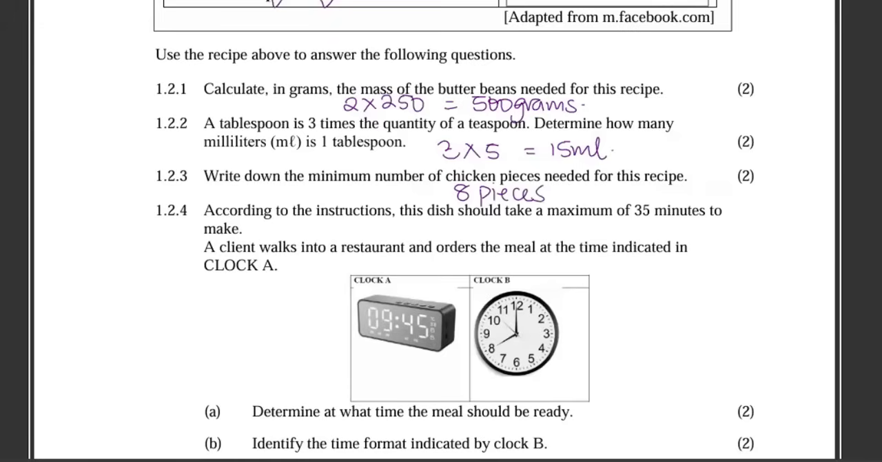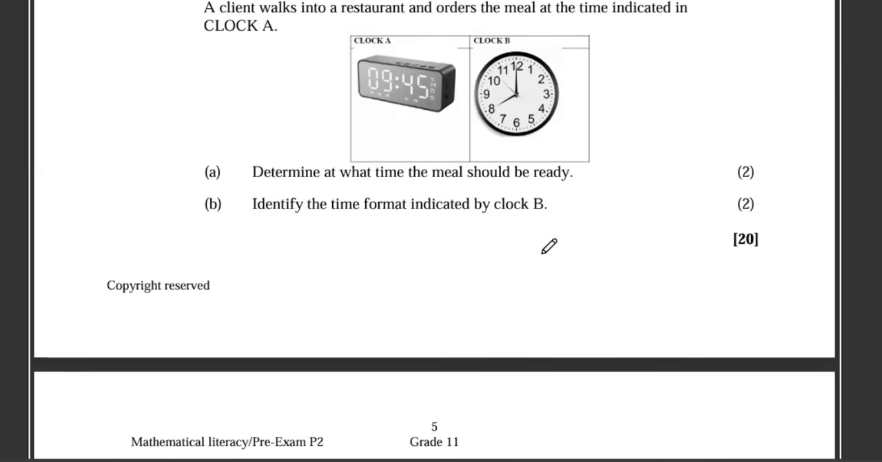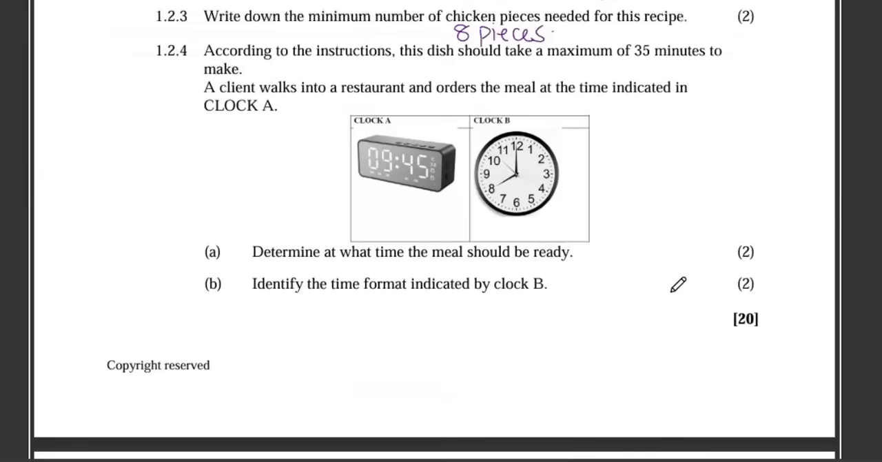According to the instructions, this dish should take a maximum of 35 minutes to make. A client walks into a restaurant and orders the meal at the time indicated on clock A. Determine at what time the meal should be ready. All right, so what are we going to do? Clock A, it's this one here. This is the time displayed, which is